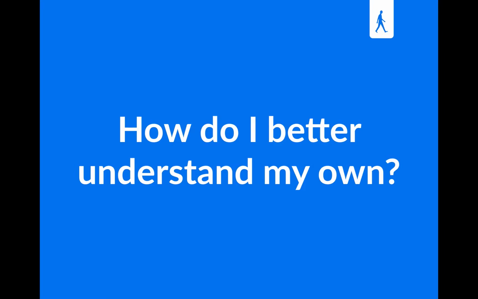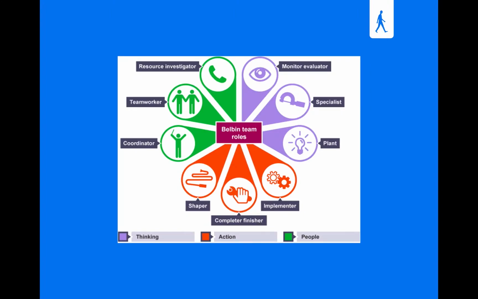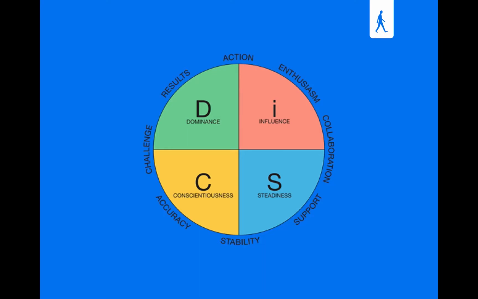But most importantly, it'll help you to understand what kind of roles you don't have in your leadership style that might need to be complemented by your team. So there are multiple ways to understand what your leadership style is. Whether you do the 16 personality test, whether you do the Belbin to understand the different team roles that you have, as yourself but also within the team, whether you do the Enneagram test, or whether you do DISC. There are a lot of resources out there that will all give you different understandings of putting together your leadership style and your strengths and your weaknesses as an individual.